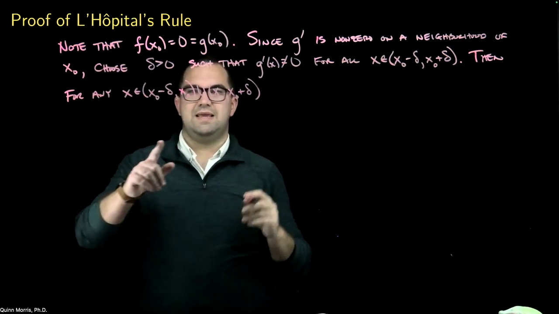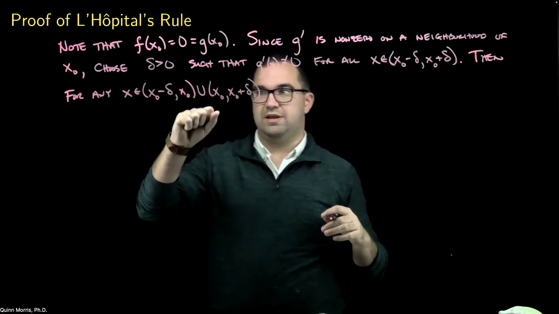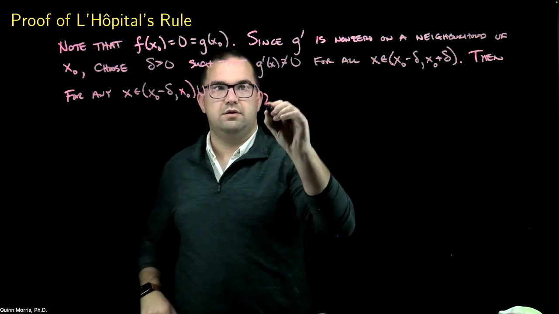Okay, so basically for any x in this neighborhood, but delete x naught. So for any x in this neighborhood other than x naught,